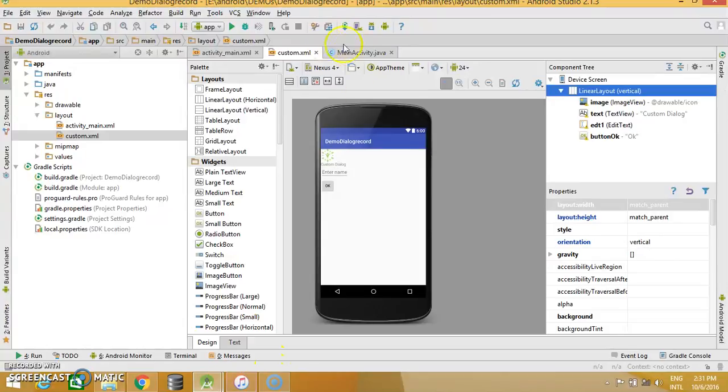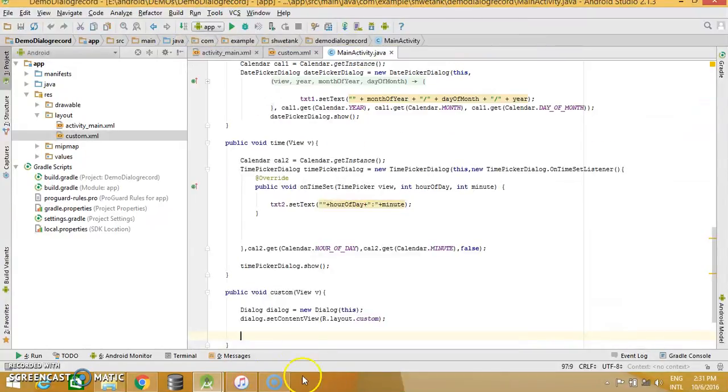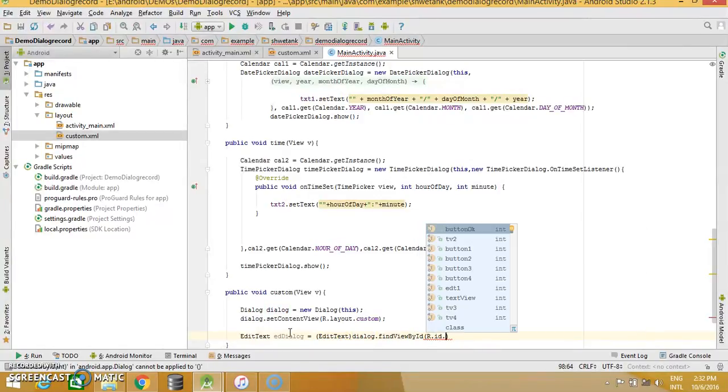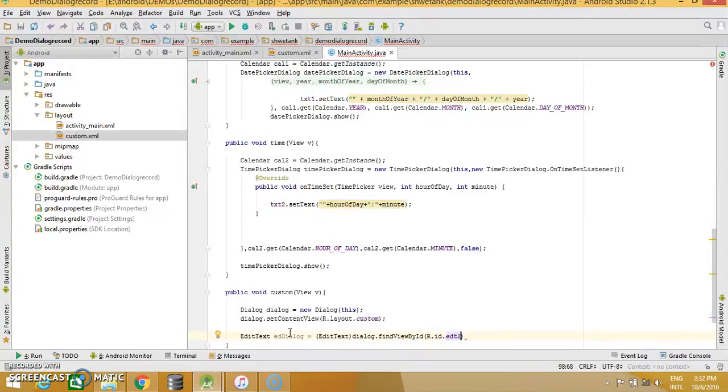I will go and in my coding I will type edit text ed dialog is equal to